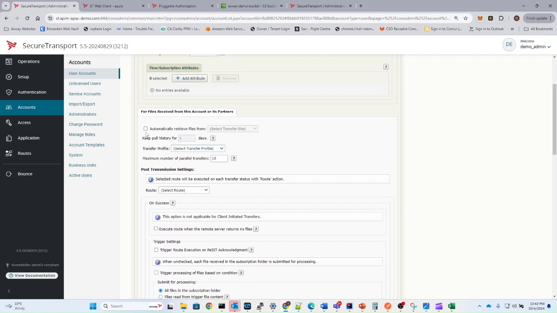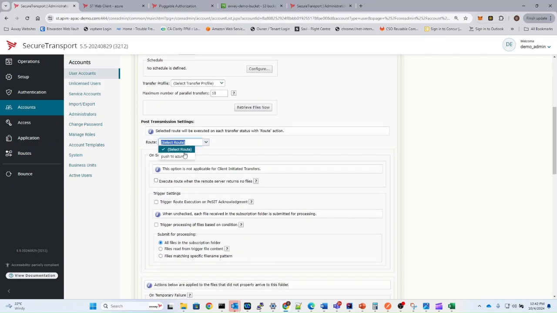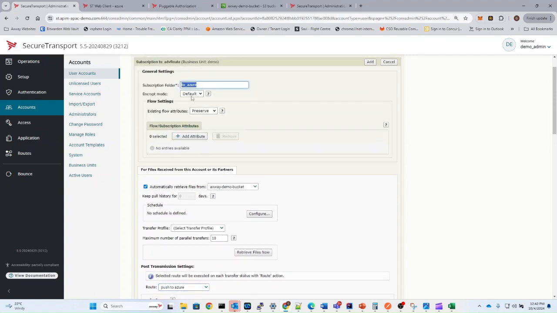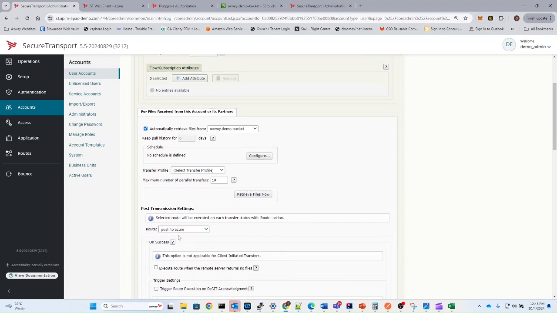And then I'm going to have to select where I download from. So in this case, I've got my demo bucket to download from, and I've got my push to Azure route that's going to execute. So what's going to happen now is every time a file is either uploaded into this directory, so I could initiate this by doing an upload into the to Azure folder, or as I wanted to configure, I need to pull this from the bucket, and then once a file lands in here, it's then going to execute this push